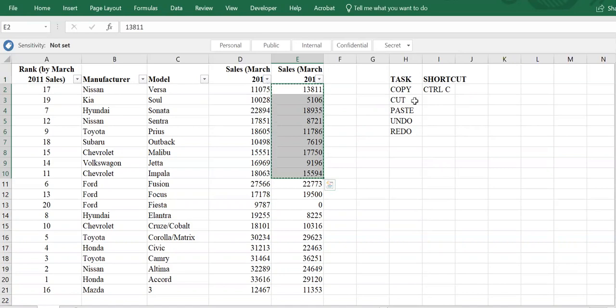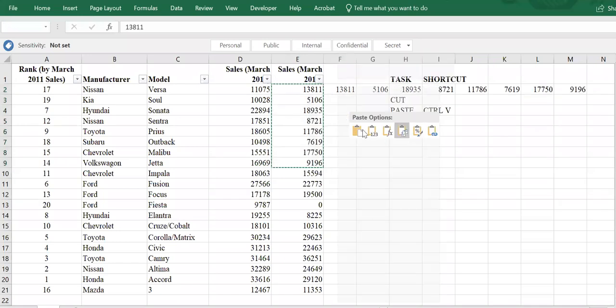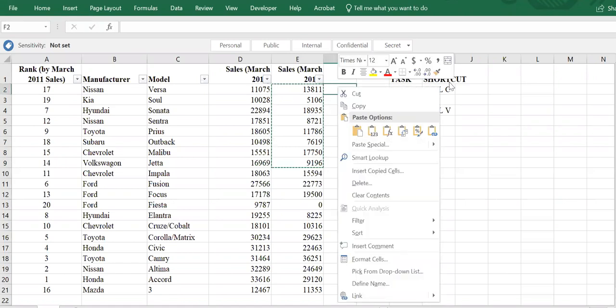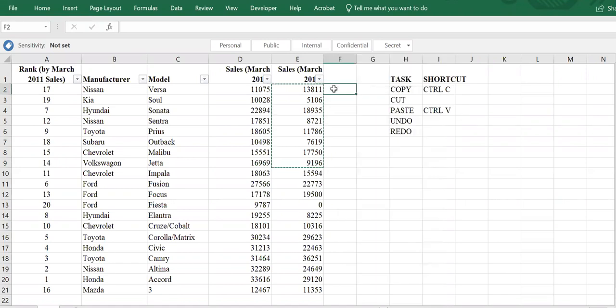And then let me just talk about the paste. For paste, you can use Control V, or once you copy, you can right click and paste. And for paste, you have multiple options. I'll talk about it in a second, but when you use Control V,